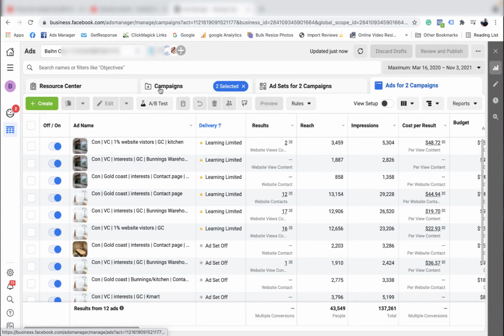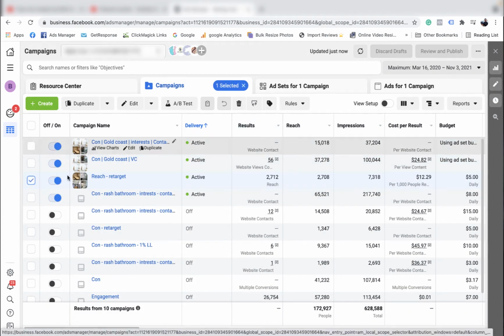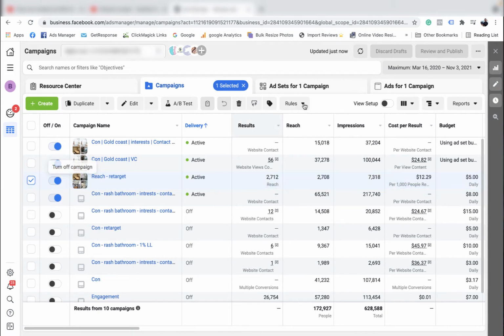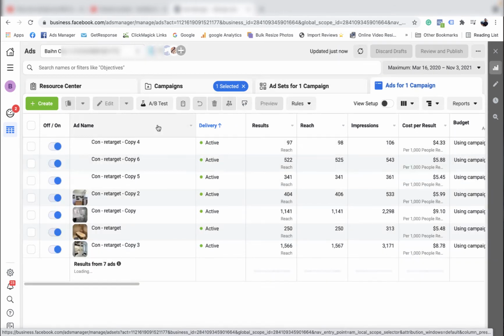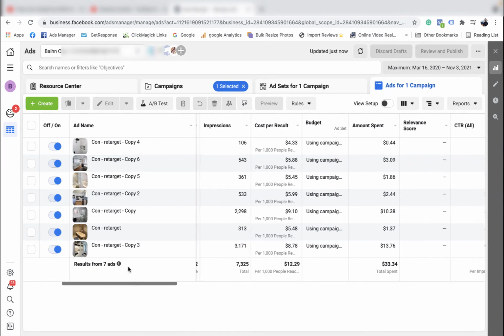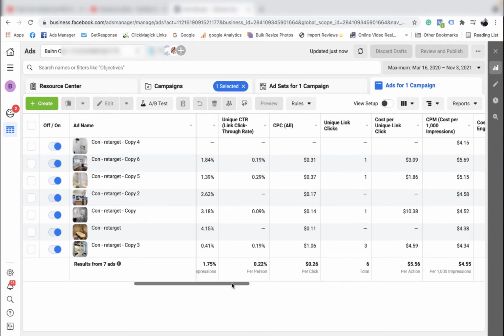Let's set one up really quickly. What I could probably do is just use this retargeting ad. What I've done with this retargeting ad is set it up at $5 a day. Here's the ad set, and inside the ad itself I've got about 8 ads. Because this is really cheap, I can put heaps of ads in there, and it will show all these different ads to people that have either visited the website, watched the video, or interacted in some way on the